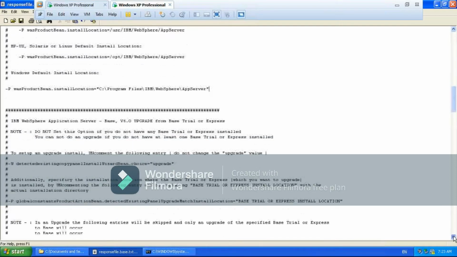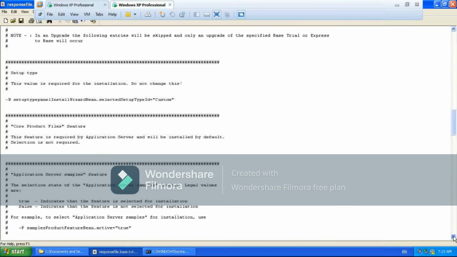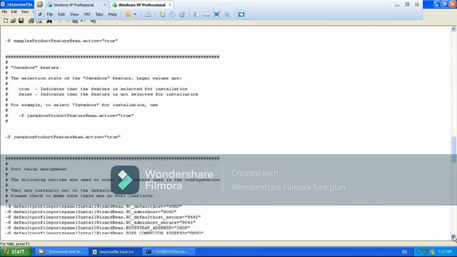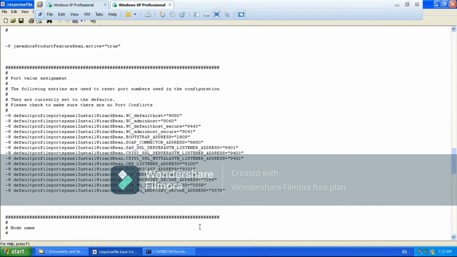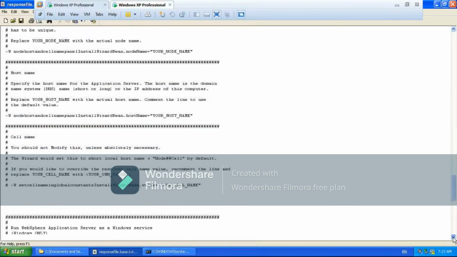Then in the same way you will give what type of profile it is, the node name, the localhost, and the port numbers you are going to use. Everything is available here, and you are going to modify the entire response file.